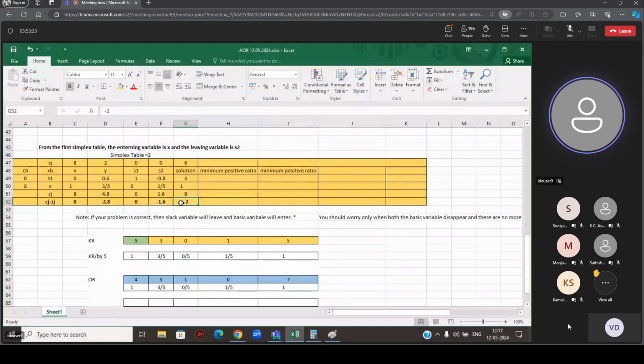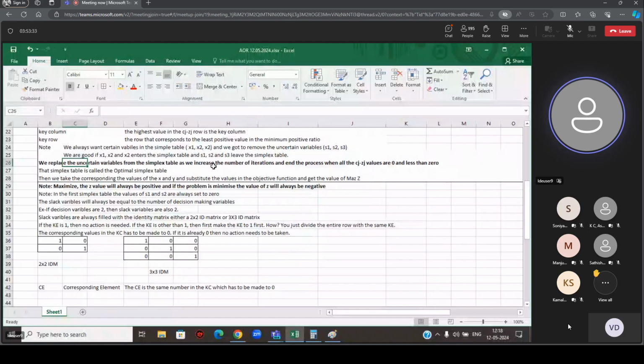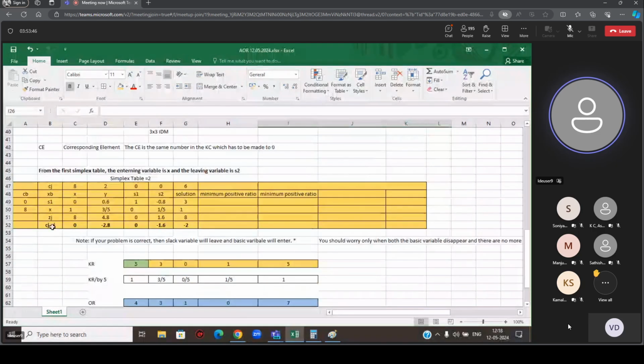Read this point. We replace the variables from the simplex table as we increase the number of iterations and end the process. Remember this: end the process when all the Cj minus Zj values are 0 and less than 0. I have given this statement. What do you mean by this? Here Cj minus Zj values are all 0 and less than 0. It is 0, minus, minus. So it is all 0 and less than 0. Now what do you mean by this? Which means to say that